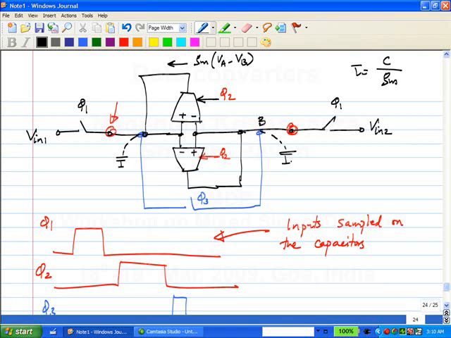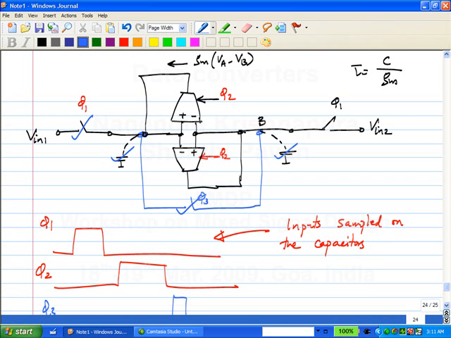Now these switches, what all do you think I can do with the switches? How do I implement the switches? You can use pass transistors here. I'm not going to draw them because the circuit schematic will become messy, but basically, use pass gates. Now we have taken care of this, these, this, and this. So the only thing that remains